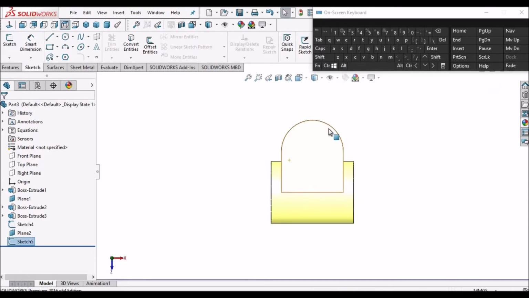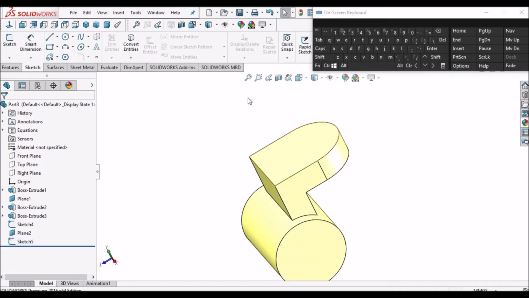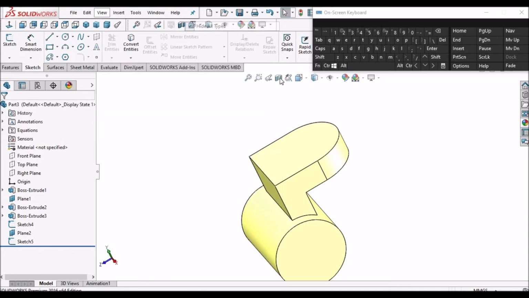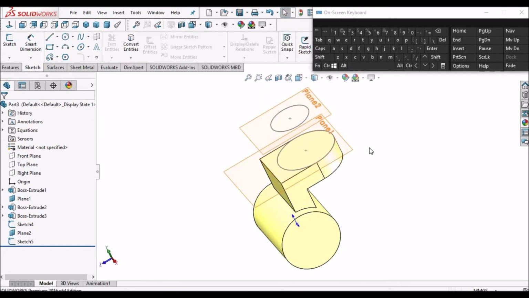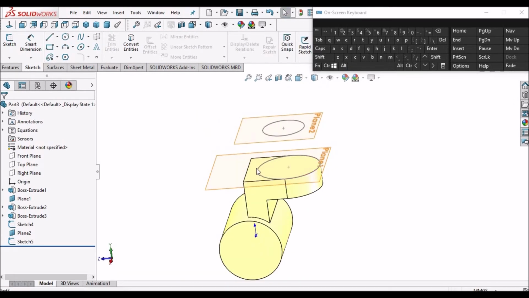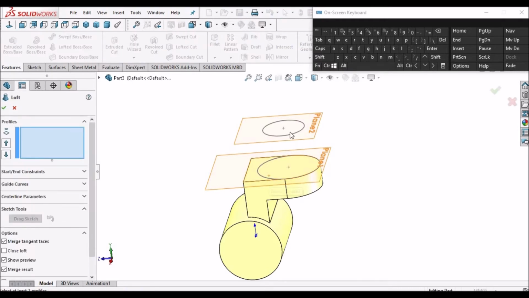So we have two sketches. If you want to see the sketch, go to view, show hide options and remove this. So you can see the sketch. So you can see the planes, also two planes. Now go to feature, go to boss. Okay.